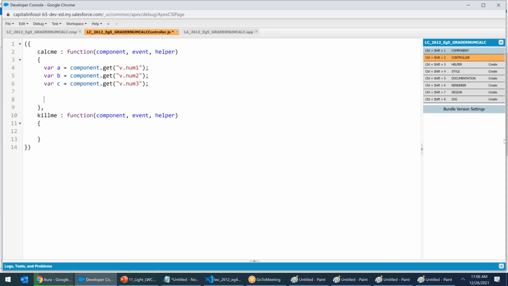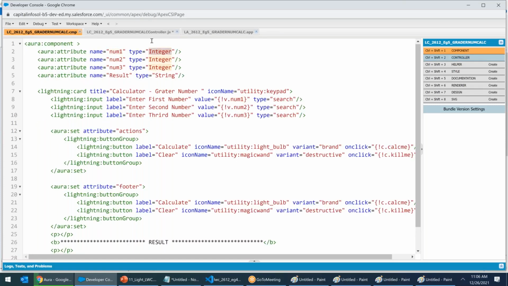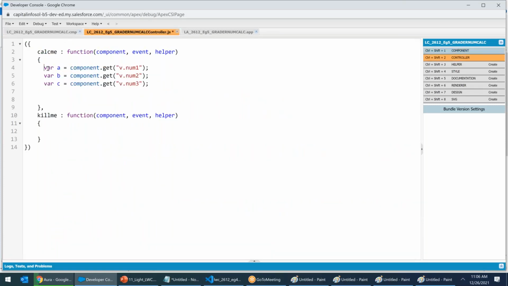Remember that in the component the data type is integer. But when you bring it inside the controller as var A, by default in JavaScript everything is text. The number is coming as text. Then I have to use parseInt, parse as integer. If parseInt of A